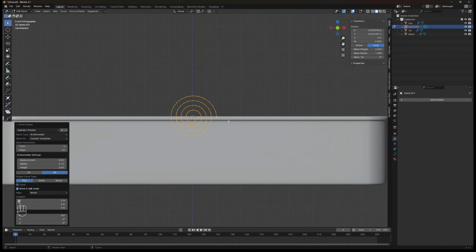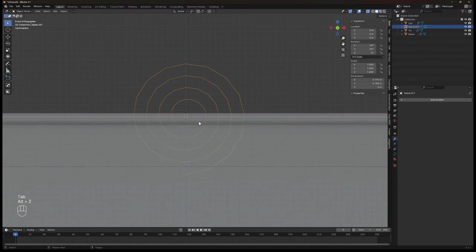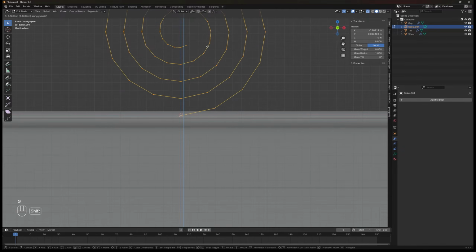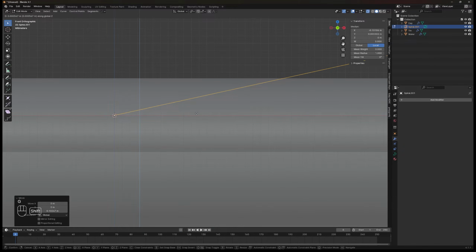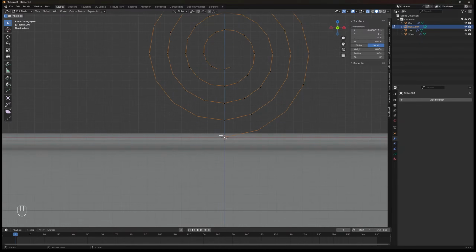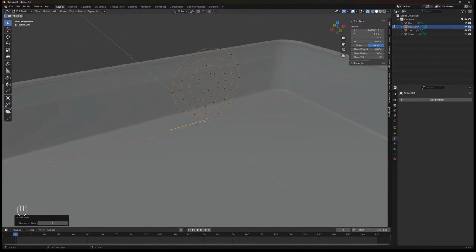Then change the value to 90 degrees on the y-axis too. Adjust the radius one more time and decrease the steps to 16. In edit mode, select all the vertex from the curve and move it up on z-axis until the last tail vertex is on the geometry. Select the last tail vertex and extrude it away on x-axis. Then select the two tail vertex and right click and subdivide it twice.